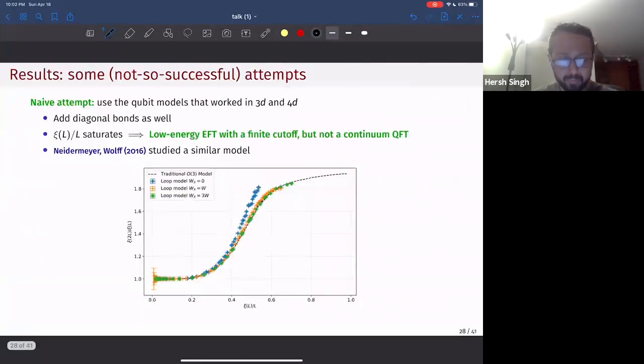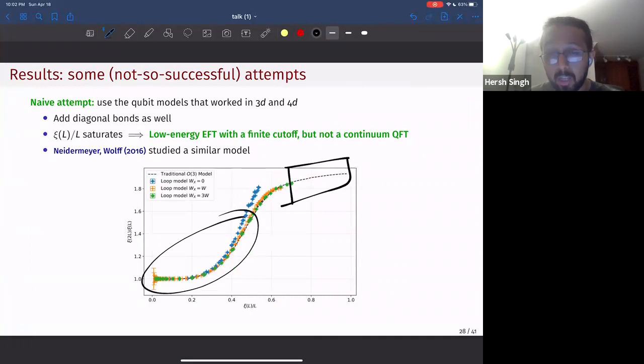Let me skip some of this. This was just to show that there are in fact models that we can write down which get the right IR physics. Look at all of these points, they're perfectly falling on this curve in the IR, but you can't get points in this region at all. So you simply are not able to get the UV physics right. But you can get the IR physics as long as you get the symmetries right. So somehow it's easier to get the IR physics correct as long as you have the symmetries right.